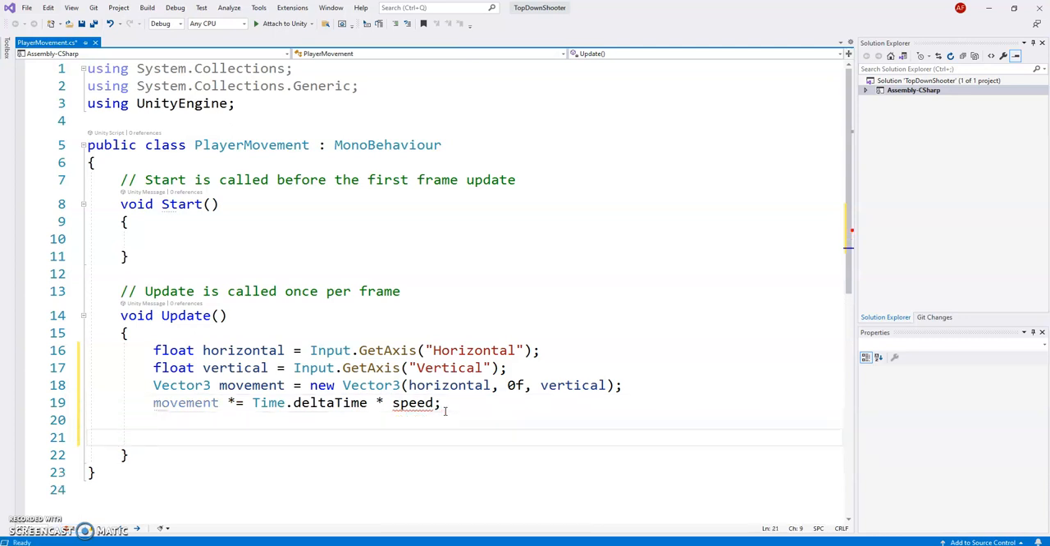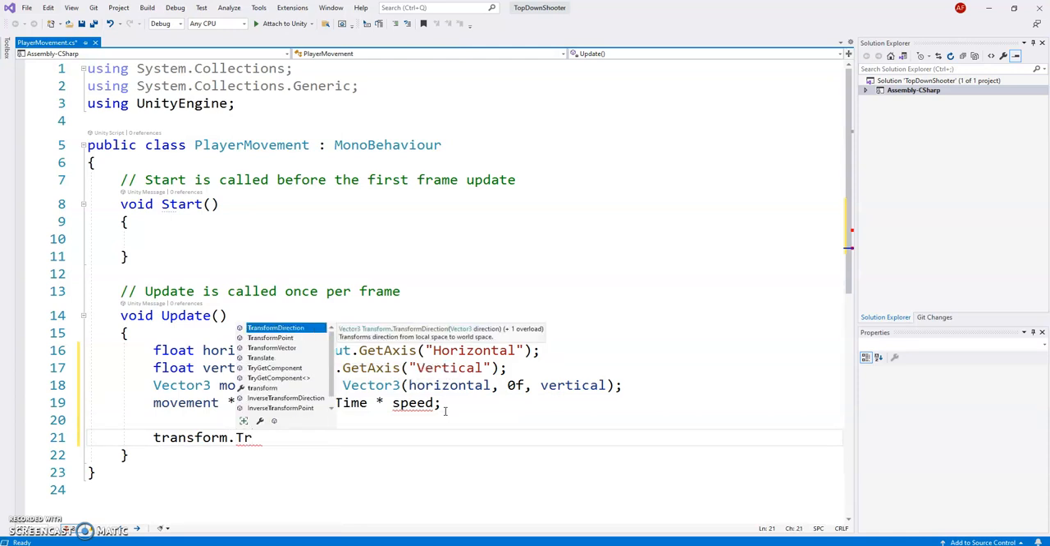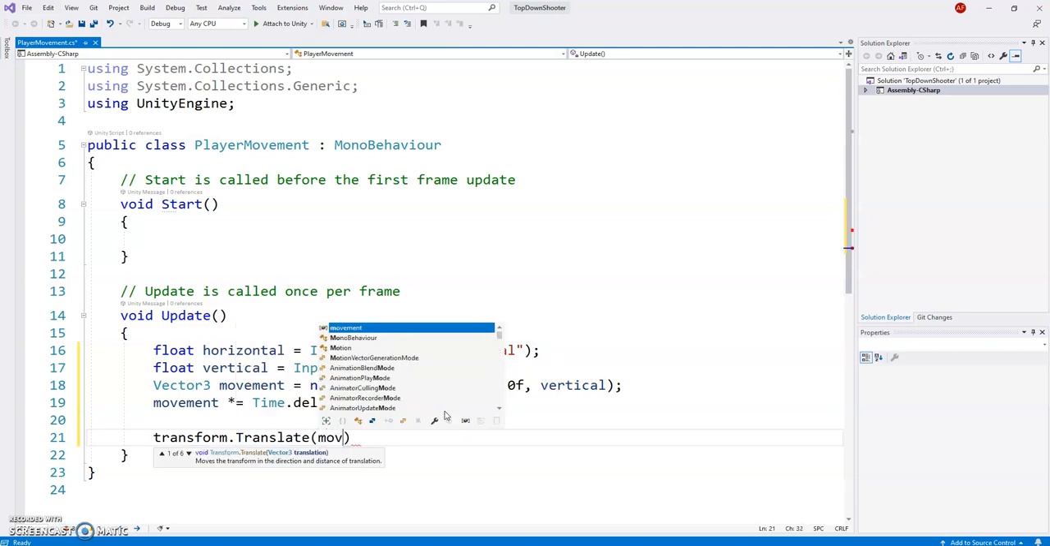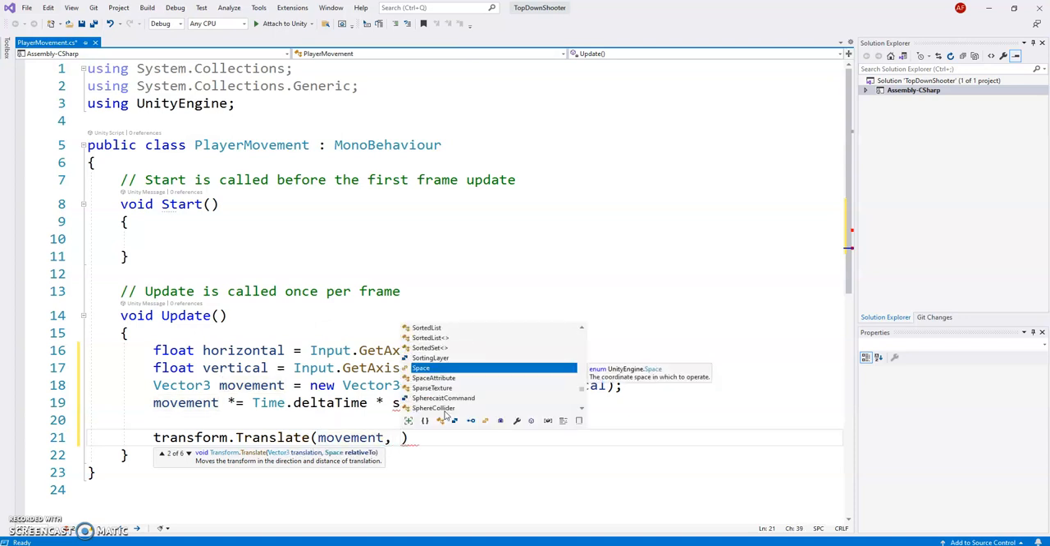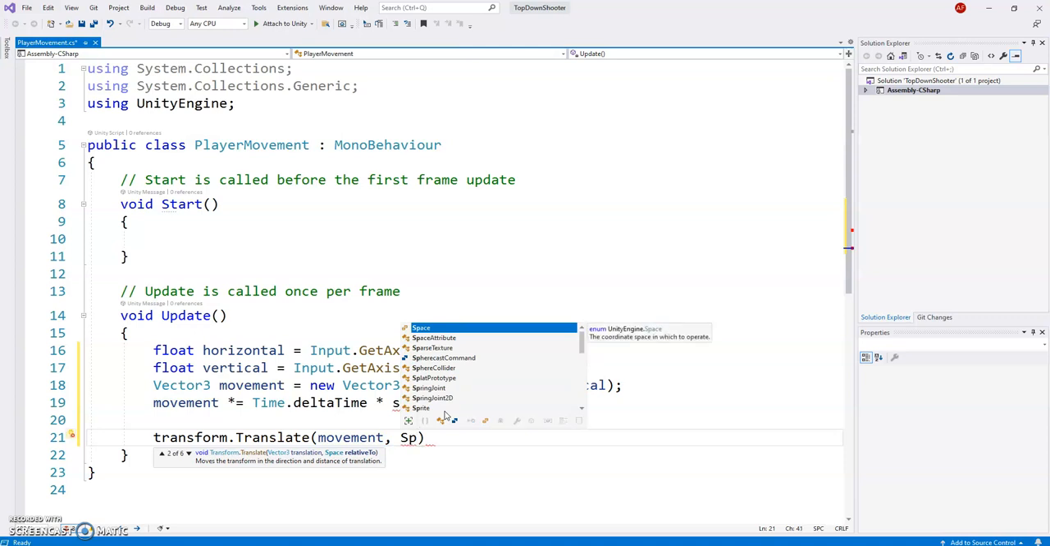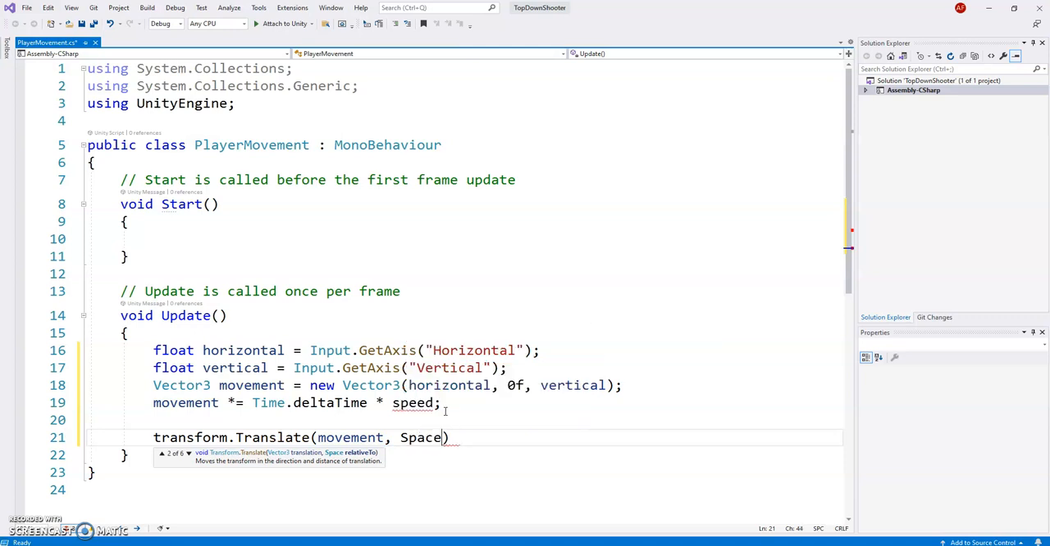And then finally what we'll do is we'll actually get the character to move. So we'll use the transform.Translate based on that movement. And this is a little bit different here. Before, that's all we needed to do. Because we're working in 3D, we need to deal with the space. And so we're going to make it relative to the